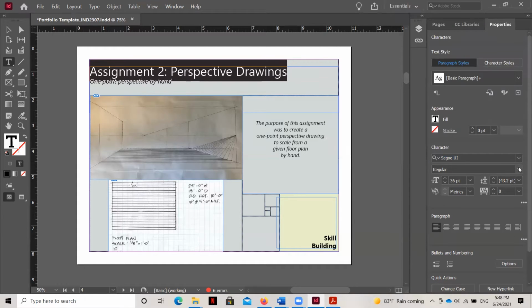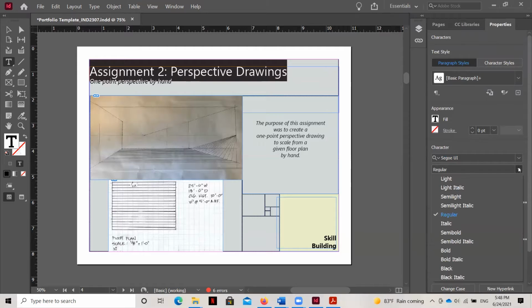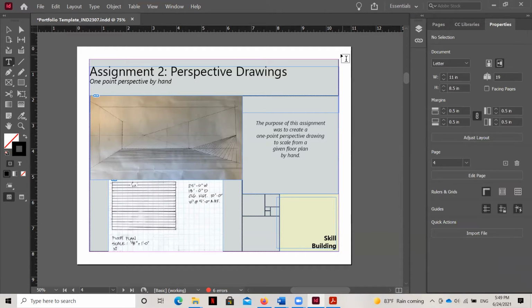And if I look down here and I hit the drop-down menu, the 12 options are right there. And this is really helpful because it's going to show me all the different ways that I can represent and use this font to convey hierarchy within my template. And so you can see here, I have selected this font and it's got 12 different options here. So now let's take a look at my page.